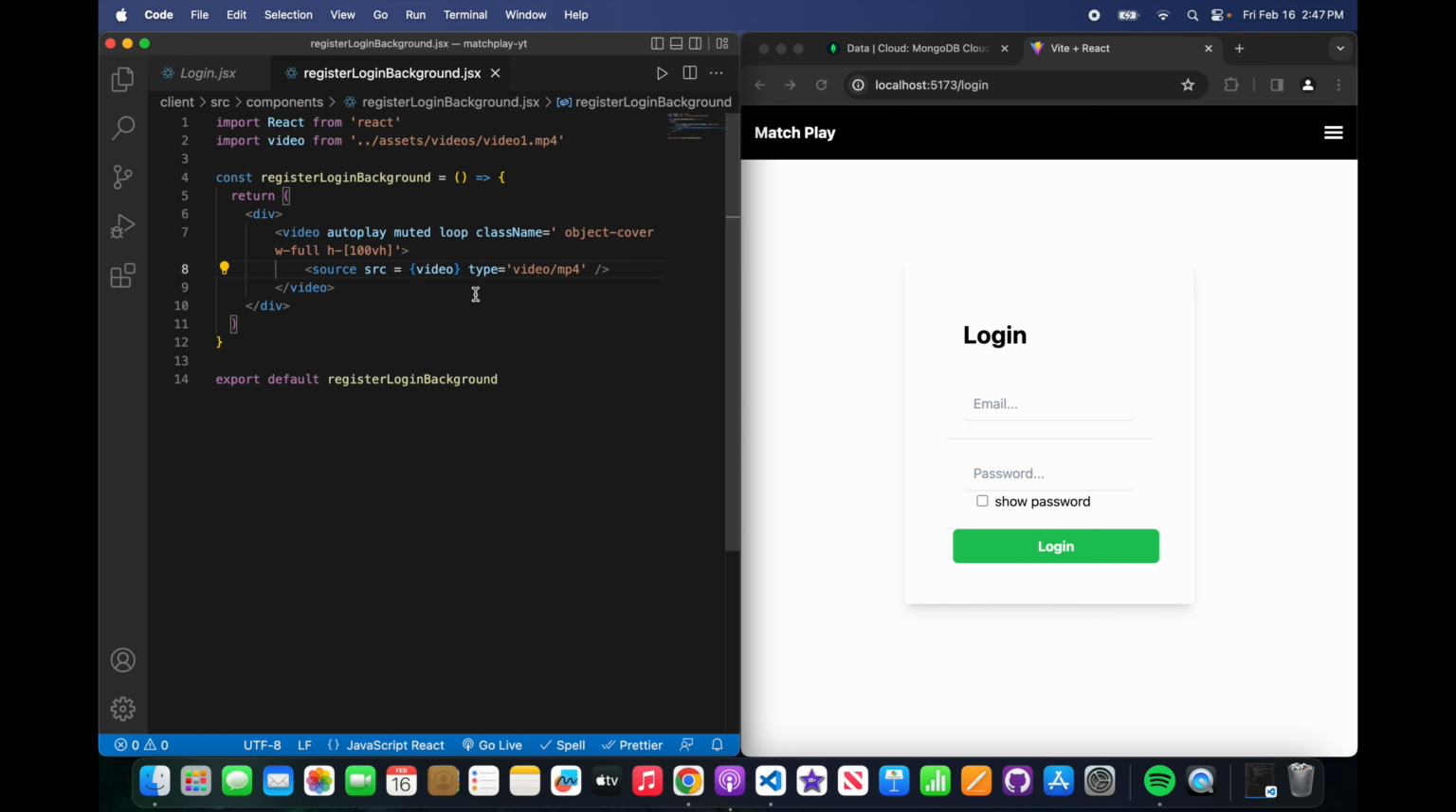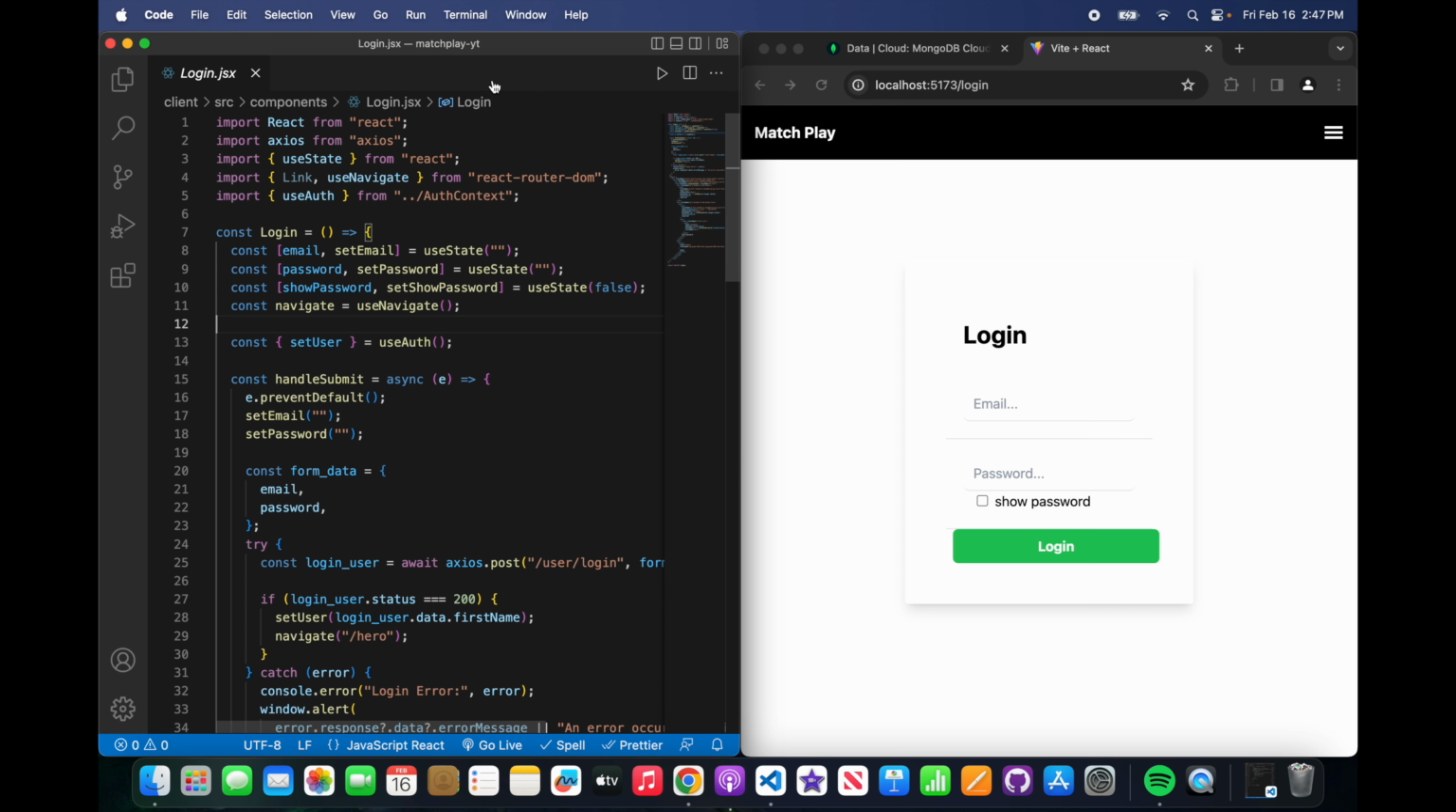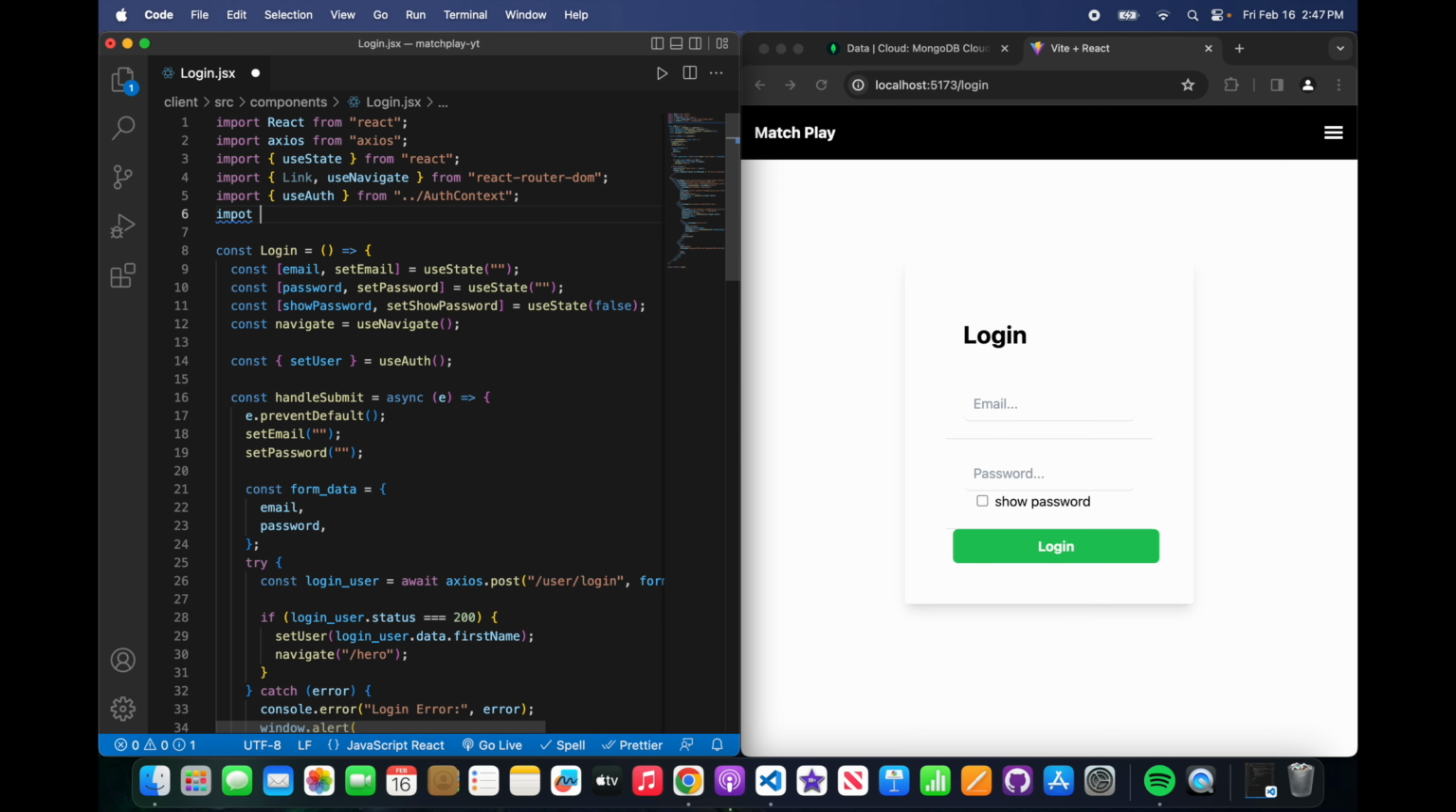Cool. So now we have this register login background. So when we come into our login, we want to import that register login background from